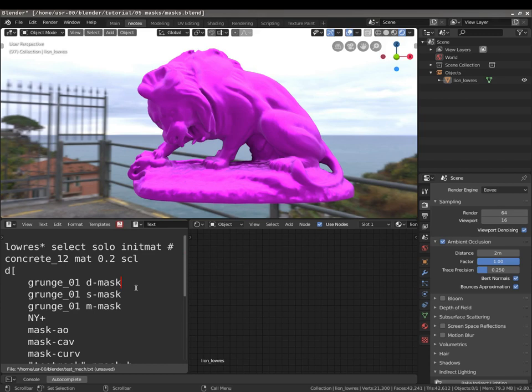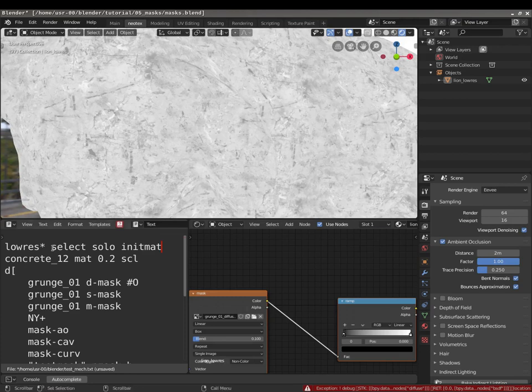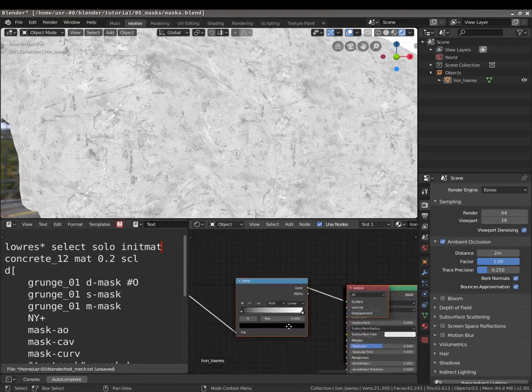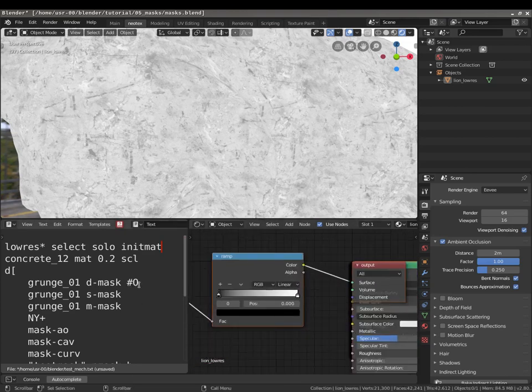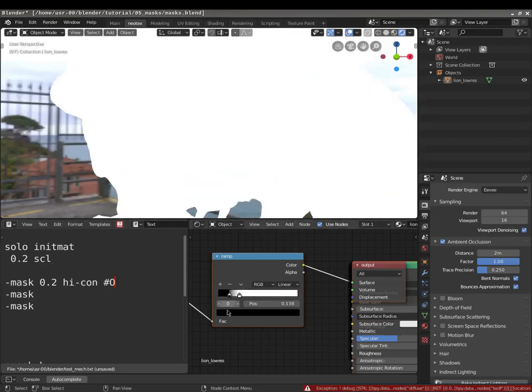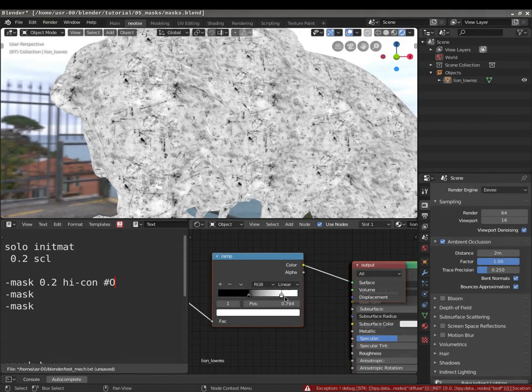So first we have the diffuse mask, the mask, and if I run it, let me delete this debugger here, it will just get me the diffuse map of whatever material I have named before and a ramp, so I can edit it with the contrast words like so. 0.2 high con, and let's see how, well, it does nothing. I think I have to make it a little bit higher here,